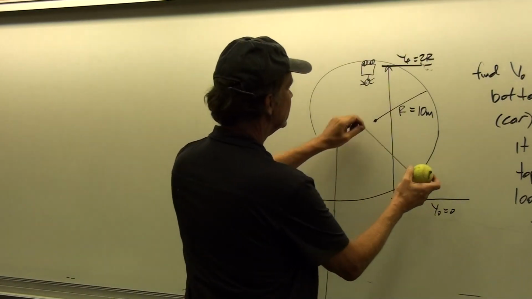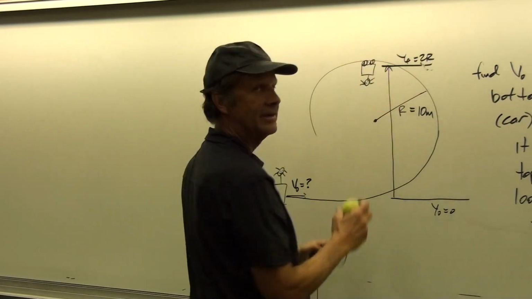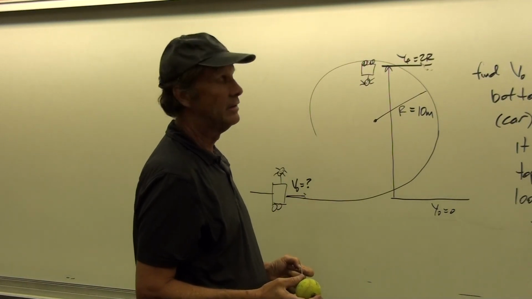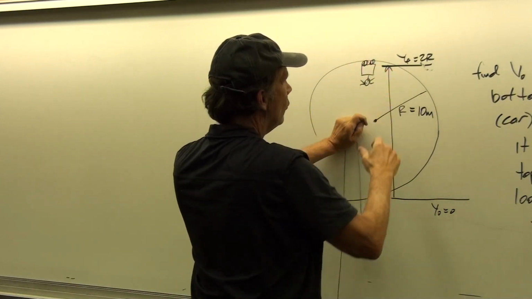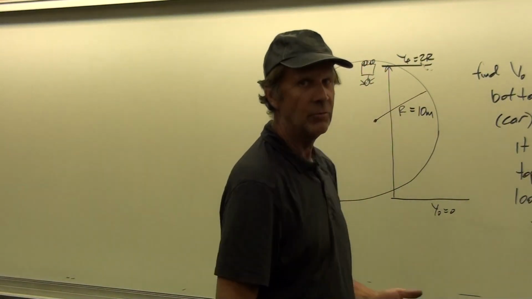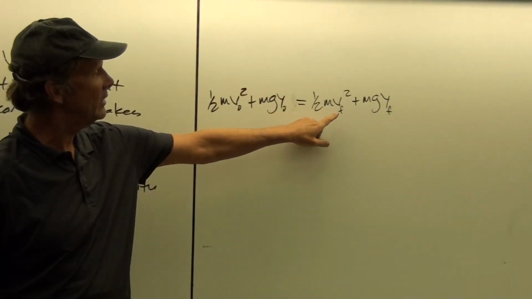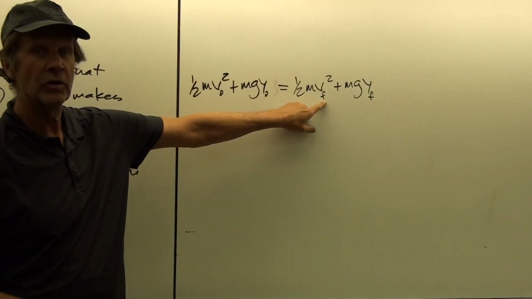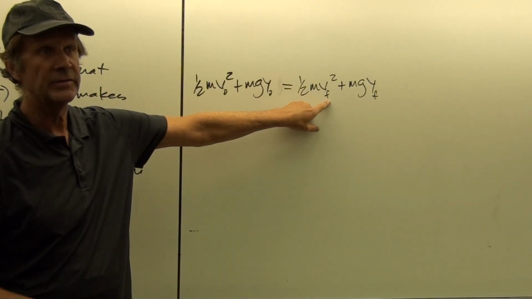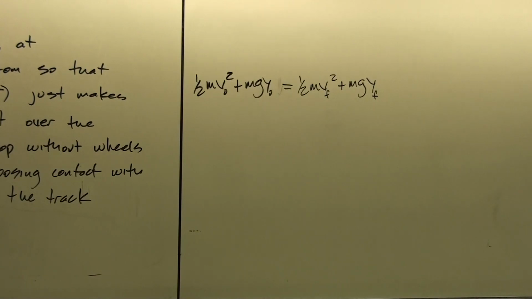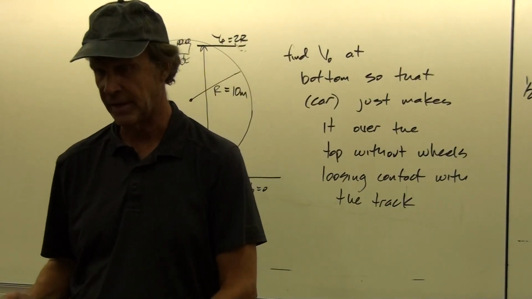So you say, okay, well that's great then. I just give it enough speed so that it just makes it up over the top, and so the final velocity here is 0. That's what a lot of people do. But the problem with that is if the final velocity here is 0, whap, just falls straight back down. The wheels lose contact with the track. So this is why we need a constraint on V final so that the centripetal force will equal mv squared over r, so that you will be able to maintain contact with the track and the wheels. Okay, and so we need a separate calculation for that.